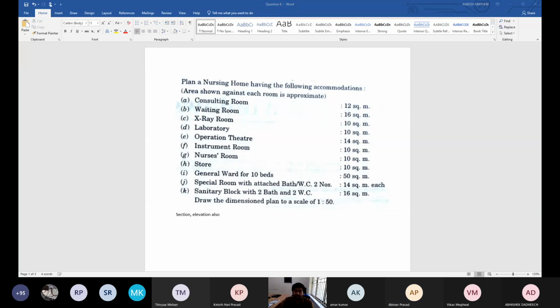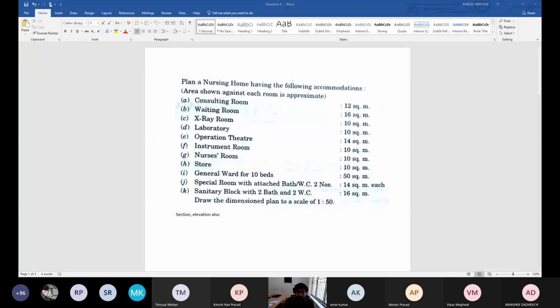Yes, based on the area you can do that. This is a requirement given by some customer, so you need to fulfill the requirement. You can do some additional things, no problem, but within that particular area, you need to incorporate everything. The open area you can choose accordingly, no problem, because it's necessary.